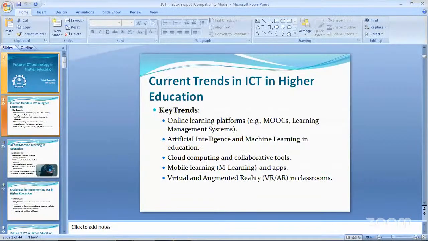Now, augmented reality and virtual reality are... Sorry to interrupt you, sir. Sir, your slides are not visible, sir. Only a blank screen is visible. I will reshare again. Yes, sir. Now it is visible. Okay.